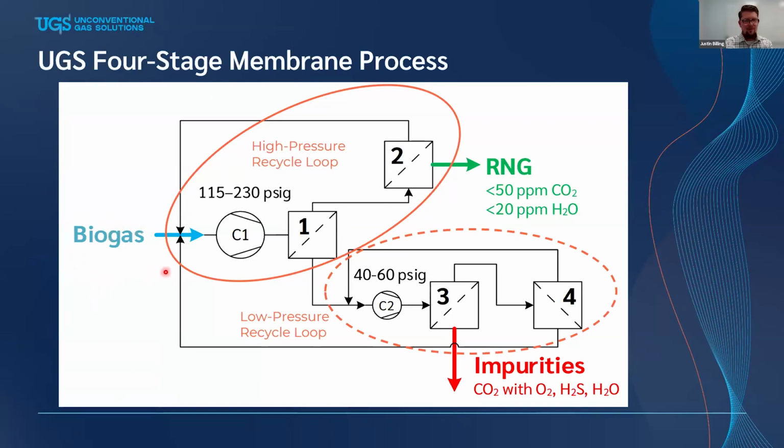Perfect. So I have the biogas coming in, same as before, into compressor number 1, and it enters the 1st-stage membrane, and we'll focus on the high pressure recycle loop first. Majority CO2 permeates and goes into the lower pressure recycle loop. The product enriched in methane goes into the second-stage membrane. So this works very similar to a traditional 2-stage membrane, except that the split here is a little better, more preferential. You can let a little more methane down into this stage,